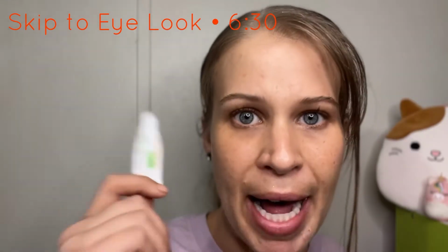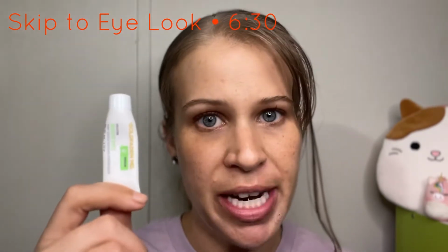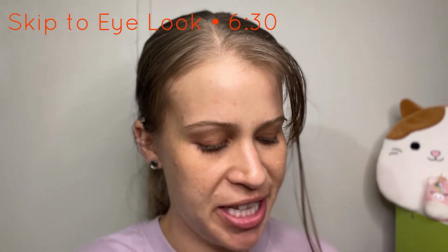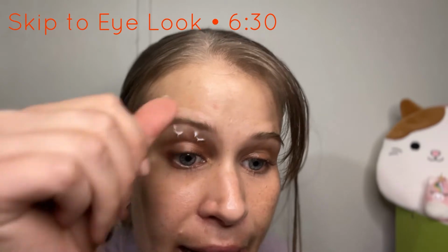Next, I'm going to take some eye moisturization cream. You could use any kind that you want. This is just the current sample that I'm using up from Gold Fade and MD. And I think this is actually the last bit that I'm going to be able to get out of this tube. And I'm just going to take the little part that I got out and put it on and around